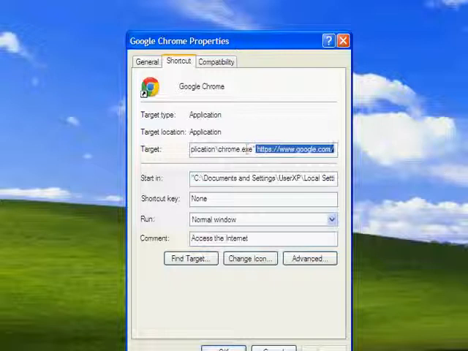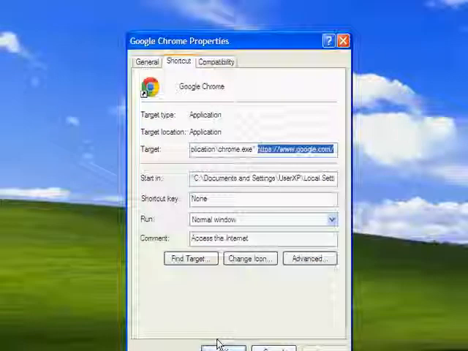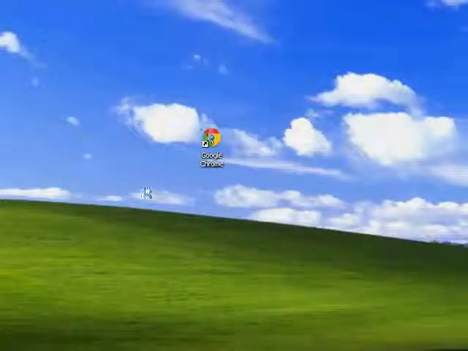Otherwise, if you want google.com or some of your favorite website to open whenever you open Google Chrome, then type it and give it as the argument, and remove those HKEY values, the registry entries, which we don't require. Cancel it, delete it, and apply the effect. I suppose you will be free from this kind of infection.